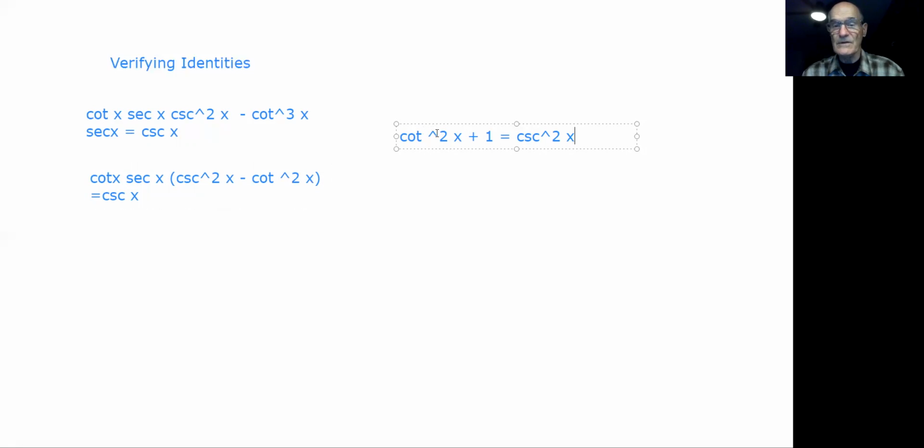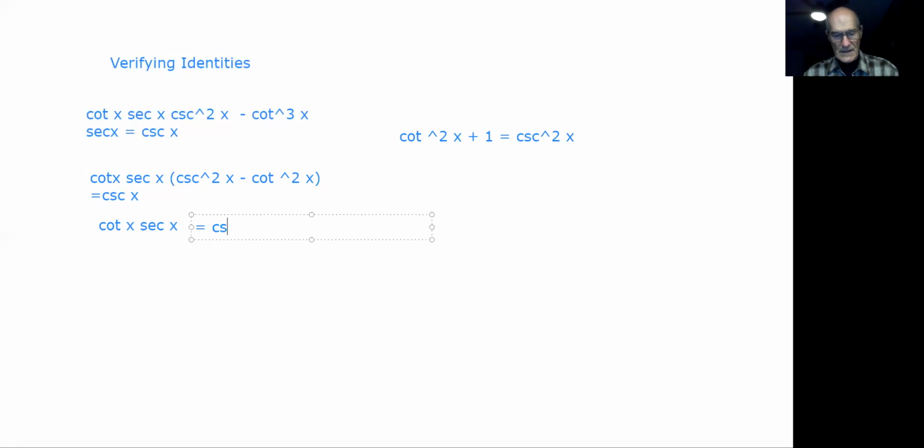So I bring this minus cotangent squared across the equal sign, and what I'm left with is just 1. So what I end up with is cotangent x times secant x times that 1 equals